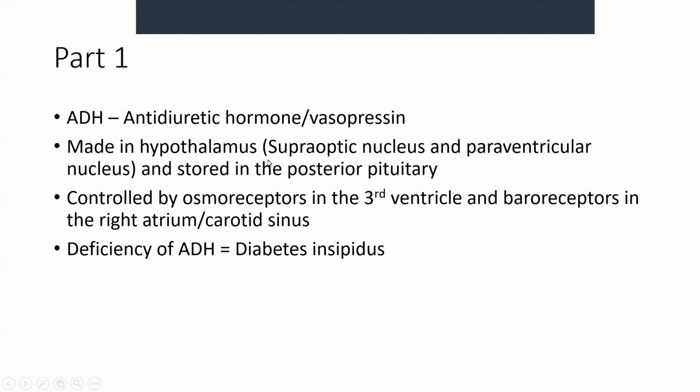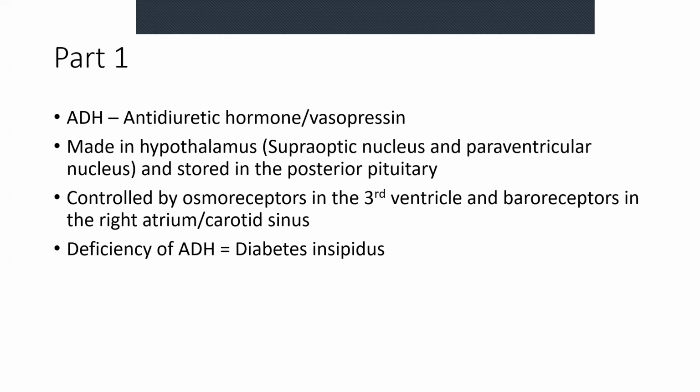Now, ADH is made in the hypothalamus. Specifically, it's made in the supraoptic nucleus and the paraventricular nucleus. These are very long words, but you'll learn more about them in neuro. Basically, inside the brain, there's a thing called the third ventricle. It's kind of like a sack of fluid in the middle, and this nucleus sits on the side of this ventricle. As for the supraoptic nucleus, it sits next to the optic chiasm, where the nerves coming from the